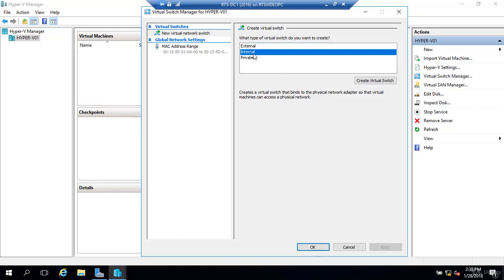If I look at internal, this says, creates a virtual switch that can be used only by virtual machines that run on this physical computer and between the virtual machines and the physical computer itself. What that means to me, if I create an internal switch, I could build out 3 virtual machines on this computer I'm on right now, on this Hyper-V server. If those virtual machines connect to an internal switch, they can talk to each other and they can communicate directly